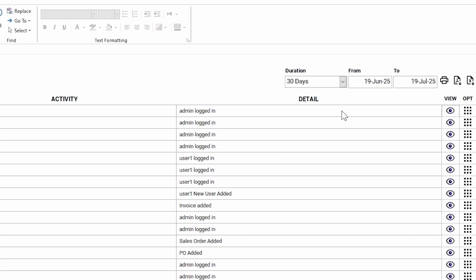Great. The default duration criteria of 30 days are set, and both the text boxes are updated with the selected